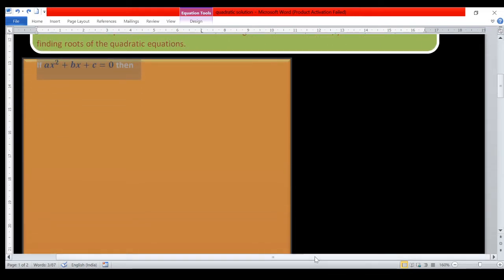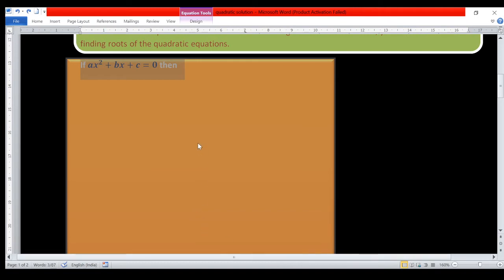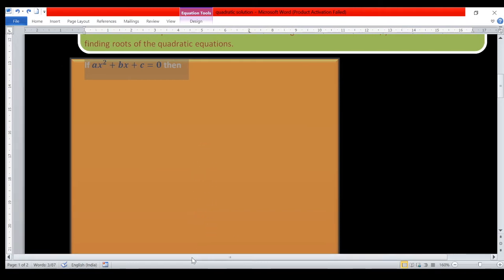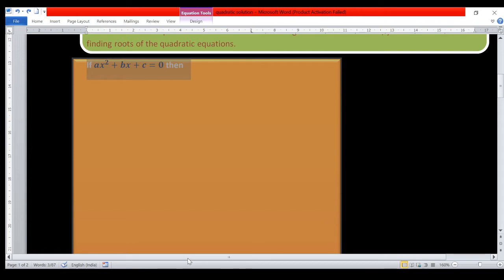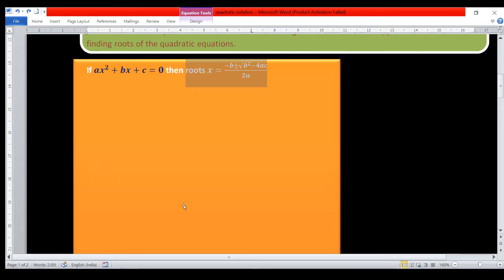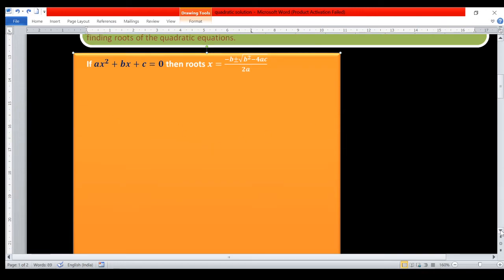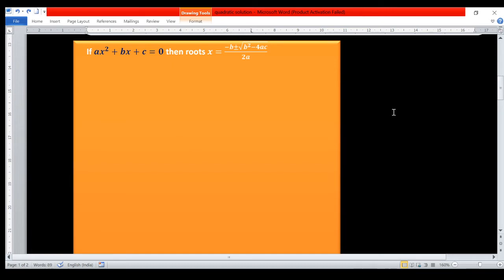Formula method. I don't want to give directly the formula. I tell you the way how they derived the formula first, but it is not from an exam point of view. So just learn the trick of how they derived the formula. Suppose the quadratic equation is ax square plus bx plus c equal to 0. Then the roots of this equation are x is equal to minus b plus or minus square root of b square minus 4ac by 2a. Actually, this is the formula you have to take to find roots of this quadratic equation. So we are interested only in the formula, not the derivation, even though you just see how the formula is derived.